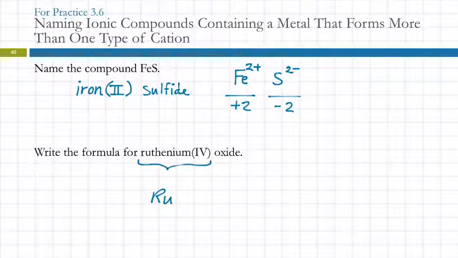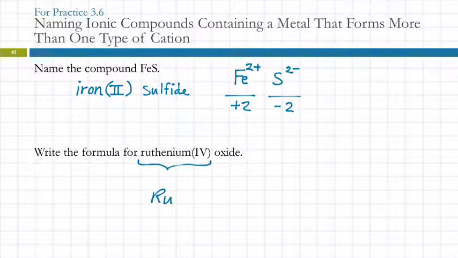Where did it go? 44. Yeah. There's ruthenium and there's rhodium. I don't know that ruthenium was on the list you need to memorize, so that wouldn't show up on an exam. So what do you do if it's not on an exam? You look at a periodic table that has names on it. So ruthenium,